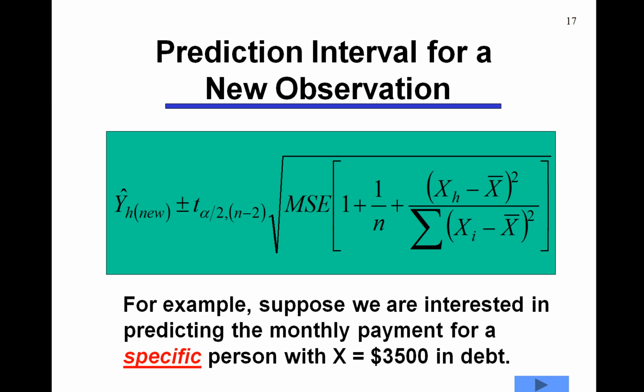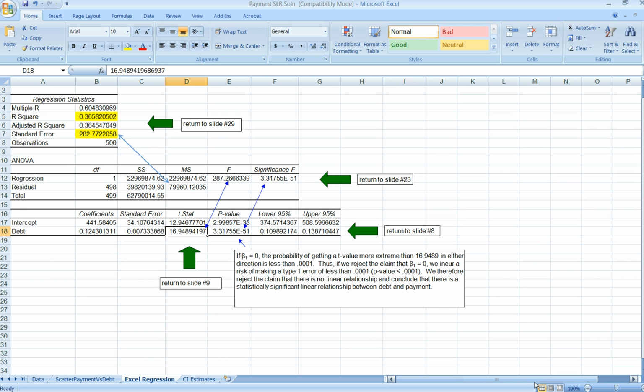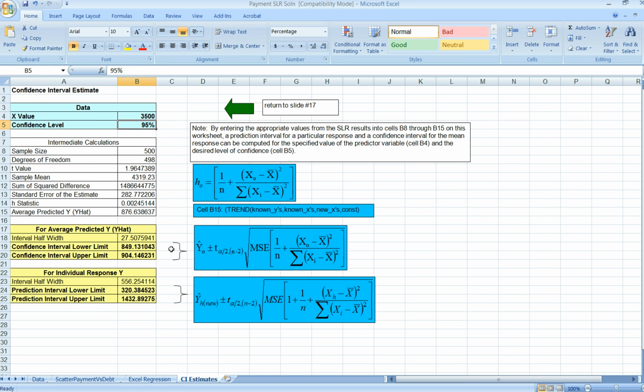And so what I have done, Excel itself does not have the capability to build these prediction intervals or confidence interval estimates for a mean response. But on this workbook called Payment SLR Solutions, which I will make available to you, there's a worksheet called CI Estimates, Confidence Interval Estimates. And I've built a little